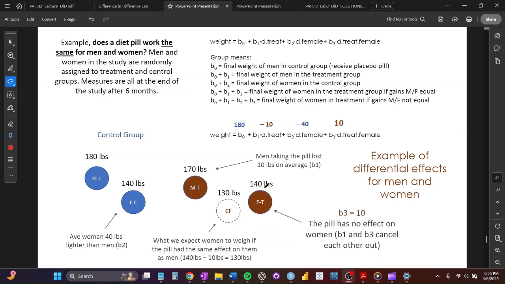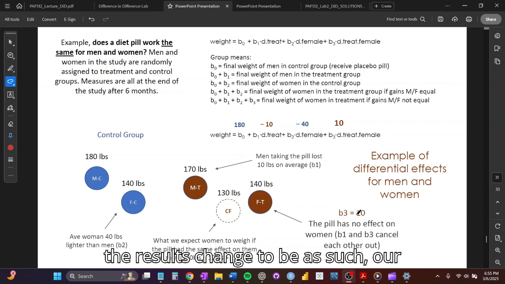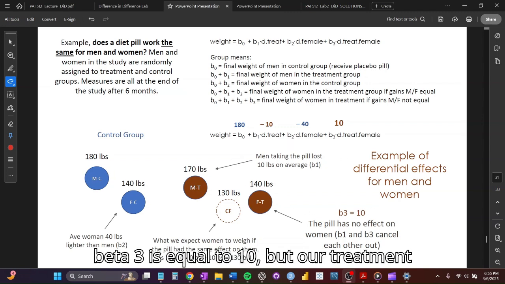And now if the results change to be as such, our beta 3 is equal to 10, but our treatment,